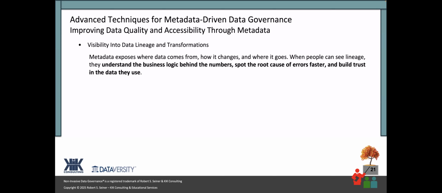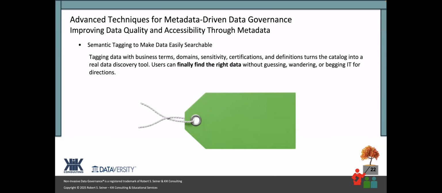And I keep hearing people talk about it: if we're going to equate data governance with one word, it's trust. We need to get people to trust the data. And if we can do it by increasing visibility into data lineage and into how the data has transformed, to make it clear where they're viewing it, it's going to build some of that trust with people who are using the data.